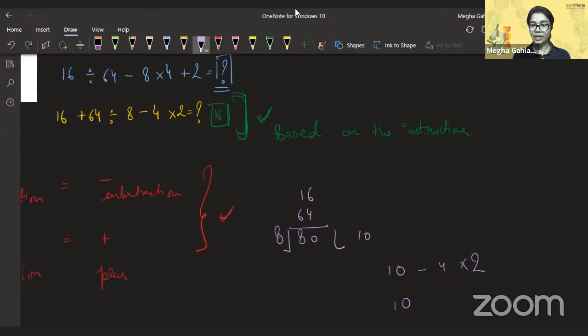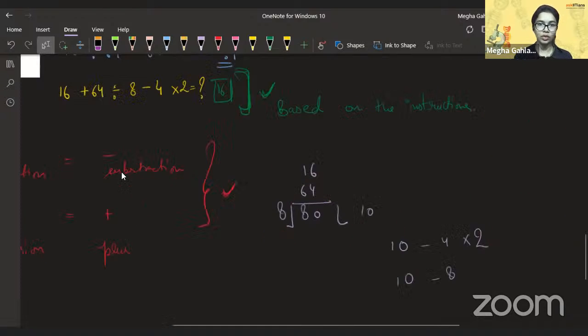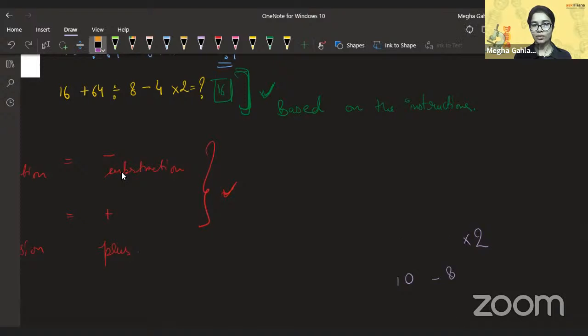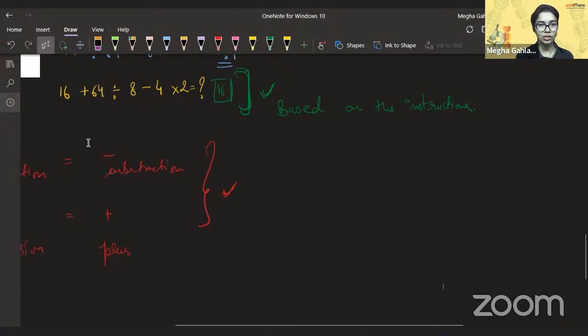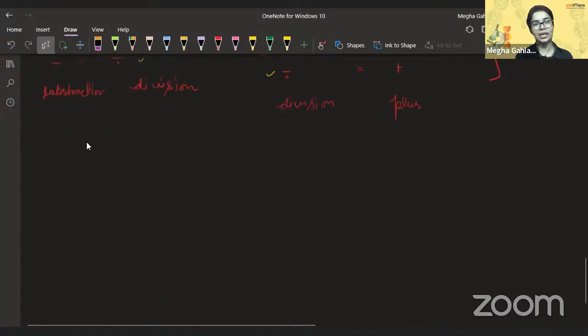So 10 minus 4 into 2 is 16 for some reason. Anyway, that was a silly mistake that we all did there. Obviously, you have to solve it in a manner that your math teacher tells you to anyway. So that is how we go by the question. 16 is the answer. Next thing that we have